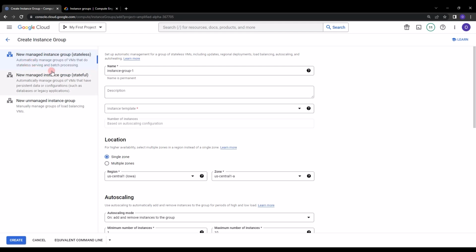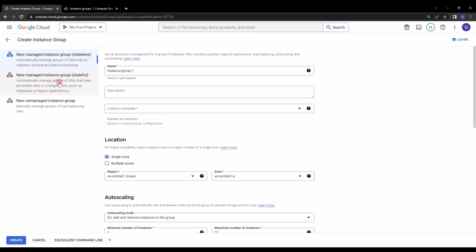If you want stateful managed instance groups, they automatically manage groups of VMs that have persistent data or configuration such as databases or legacy applications. Here the keyword is database. If you want to create an unmanaged instance group, as you can see, they are manually managed groups of load balancing VMs. In this example, let's continue with a new managed instance group,